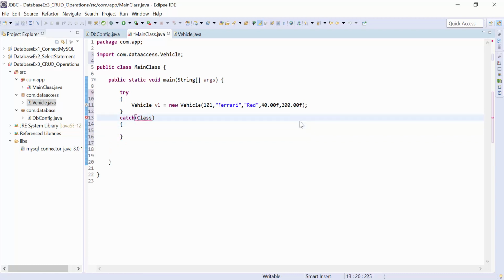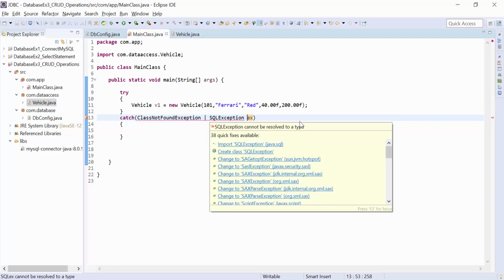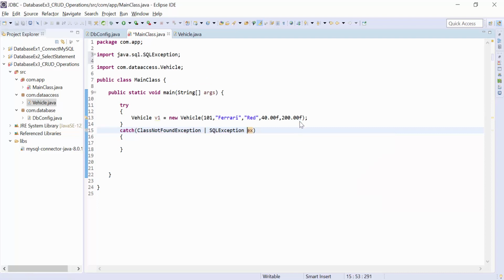We can handle here ClassNotFoundException ex, and it even throws SQLException ex, so we handle ClassNotFoundException and SQLException. So we need to import SQLException and ClassNotFoundException.